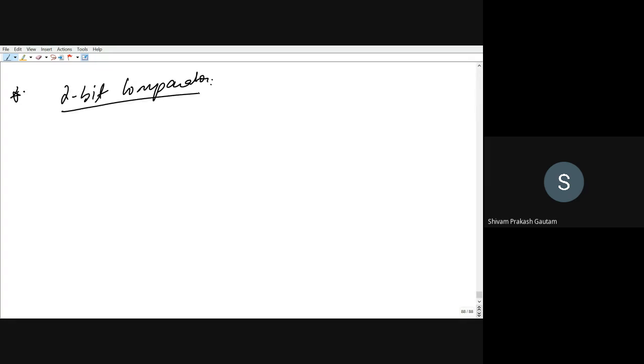Let us suppose 2-bit, we are having A1 and A0, which is represented by binary number A, and B1 and B0, which is represented by binary number B. Right? Here A1 is MSB. Similarly, B1 is MSB, and A0 is LSB. This is understood, but just for reference, I'm telling you. So we are having two 2-bit binary numbers, A1, A0, B1, B0. We want to compare, and we are representing it as A and B. So we want to compare between A and B.